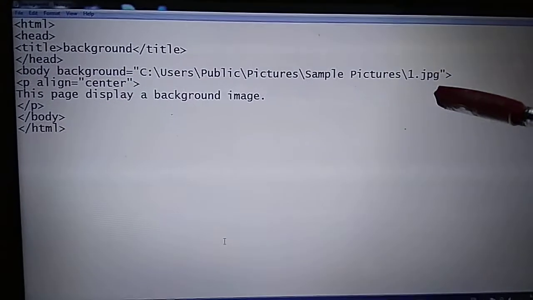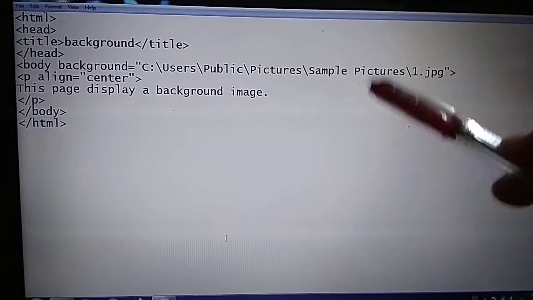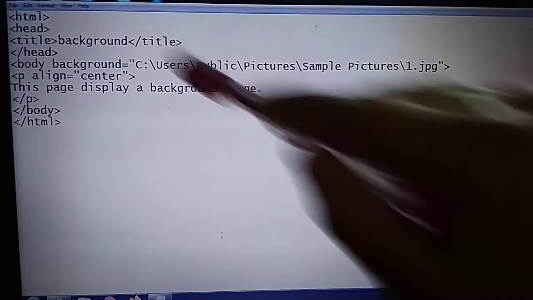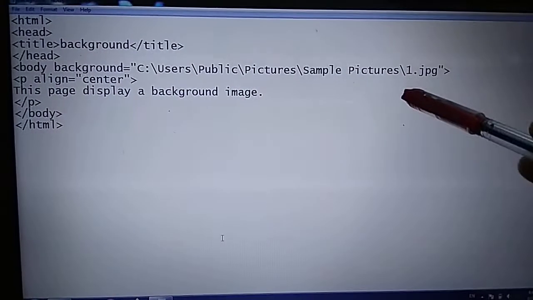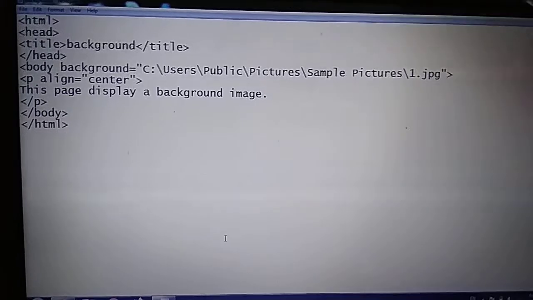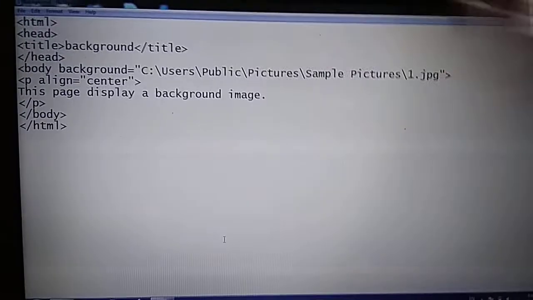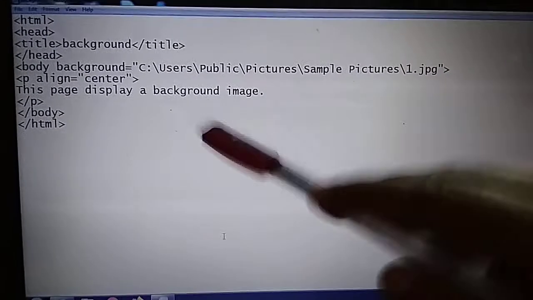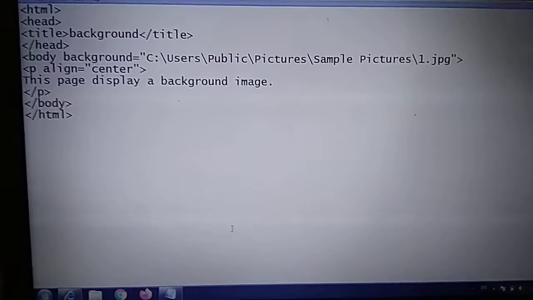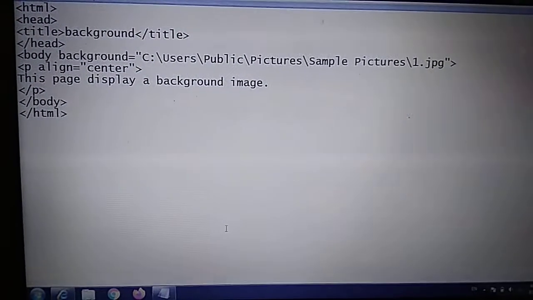Just like this, in the background attribute we again give the URL of the image, and the process is the same as in the image tag. So how do we place the image URL?